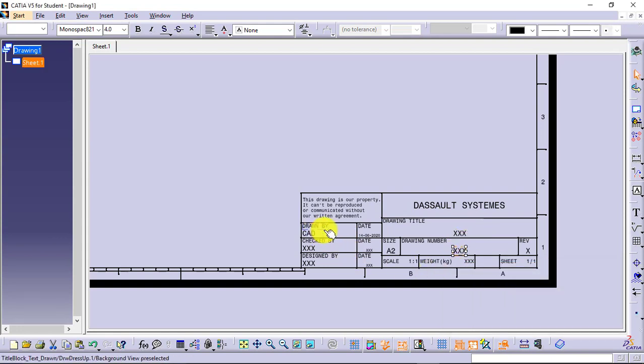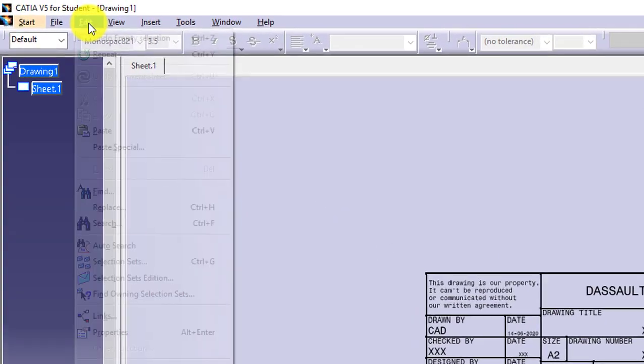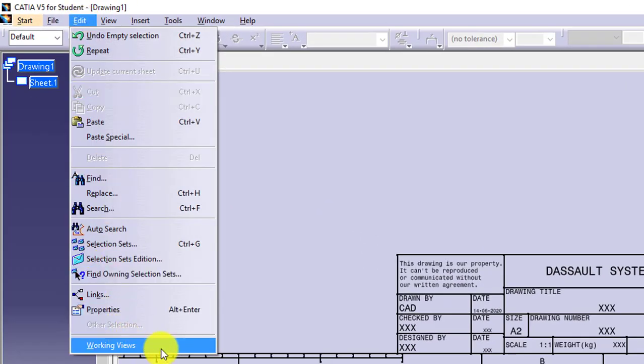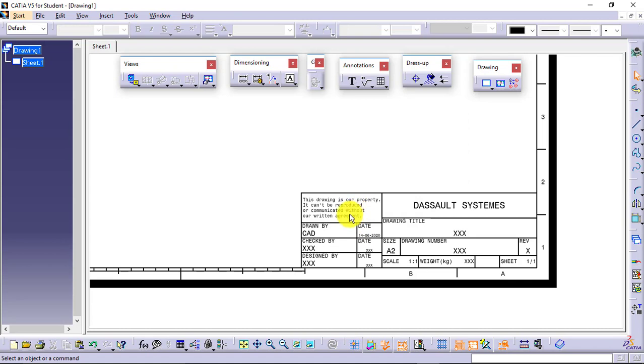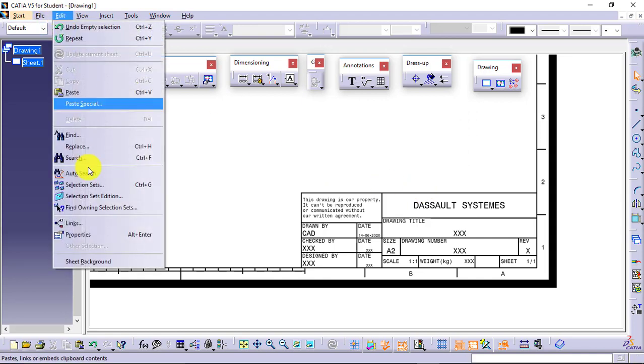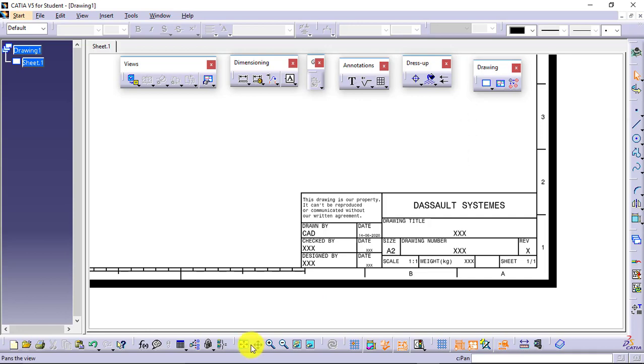Drawing number you can give, who has created, who has checked, who has designed, company name, sheet size, scale, weight, everything is in text format. You can change it. Once you are done with that, just go for Edit Working Views. After this, you can see this is not editable. If you still want to edit it, then again you can go for Edit Sheet Background. Okay, now we are in the working views.